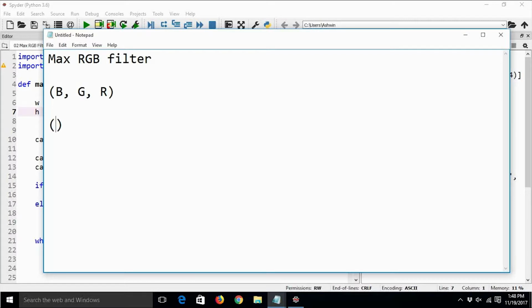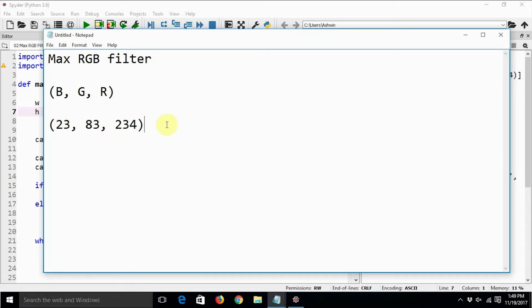Suppose the blue color has a value of 23, green has 83, and red has the value of 134. All the values must lie between 0 and 255, and the maximum of these values is 134.